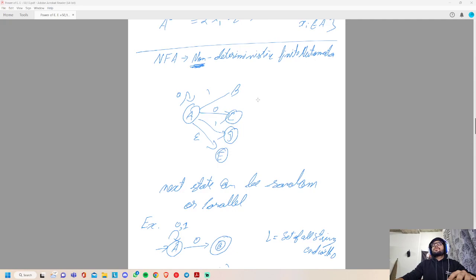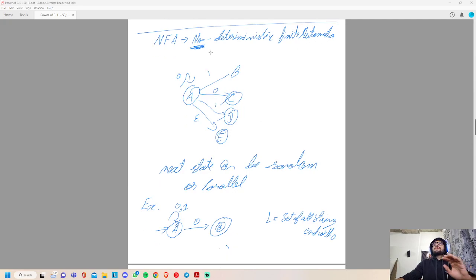NFA. Now we came to the next topic, that is NFA, non-deterministic finite automata. This word itself explains what non-deterministic finite automata is. If we get 0 on A, it can stay on A. It can still go to C if it gets 0.